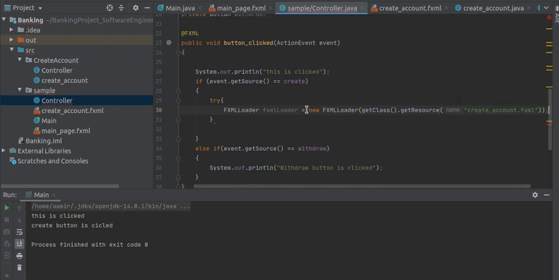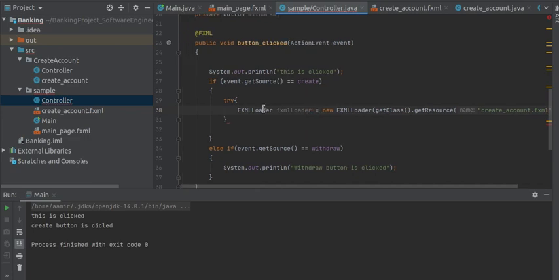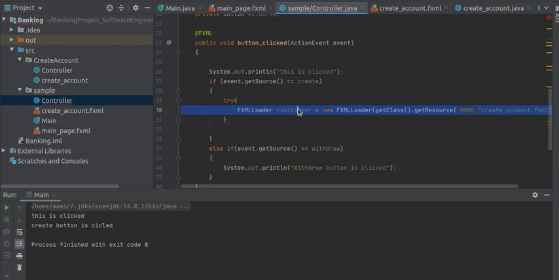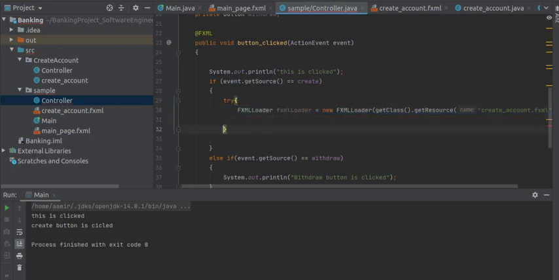So this file will be loaded. This loading technique is the same as you can see in my main, where I also load the fxml file of main page. In the same package I am now loading another file, which is create account.